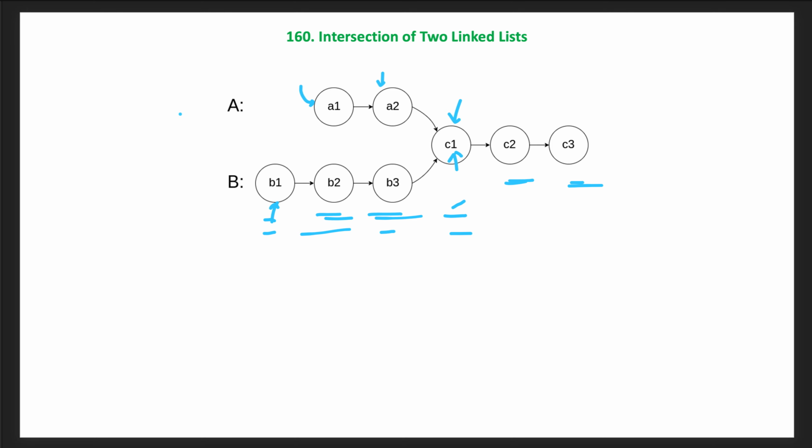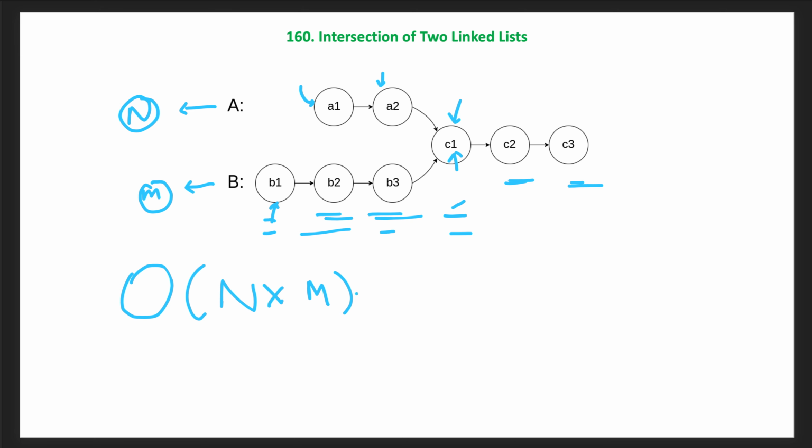Here, let's say the length of list A is n and list B has m nodes. In the worst case there will be no intersection. So for each of the n nodes in list A, we have to look through all m nodes every time. So the time complexity of this solution will be O of n times m, and the space complexity, as we are not using any extra space, will be O of 1. So this is one solution, but the test case may be very big and we may get a timeout with this approach, or an interviewer would ask you to optimize this solution.